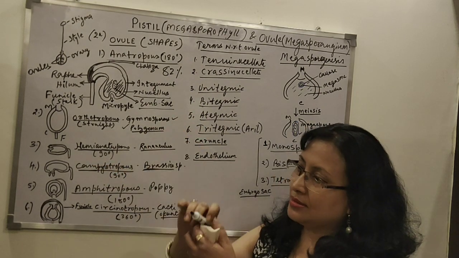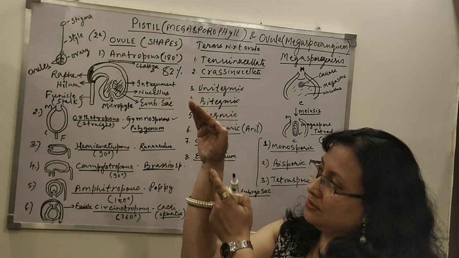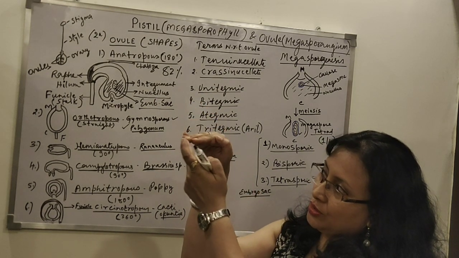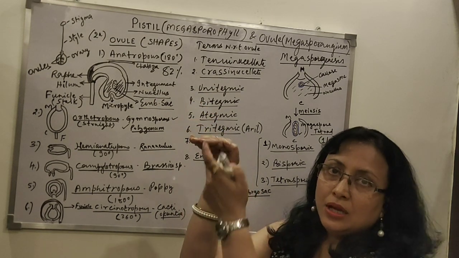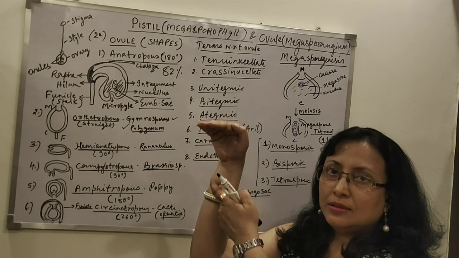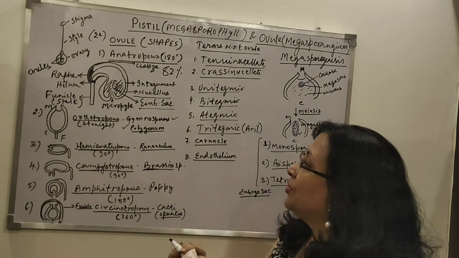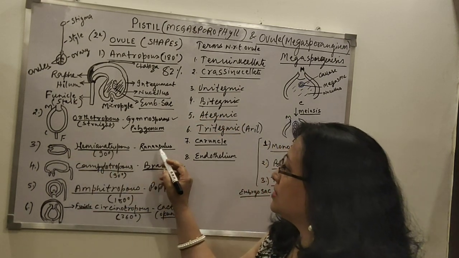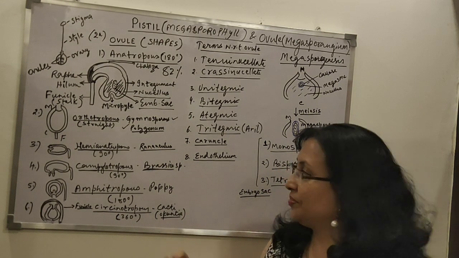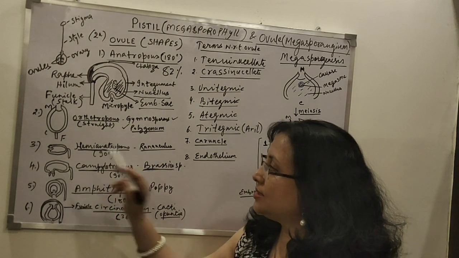So it is at right angles. It's like this. So this is the funicle and this is the ovule. So this micropyle and the funicle, they would be at right angles, 90 degrees. So you can view this ovule and it is found in Ranunculus. Ranunculus. The next in line,